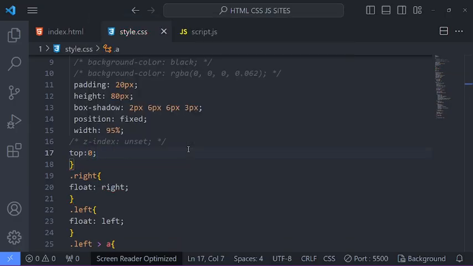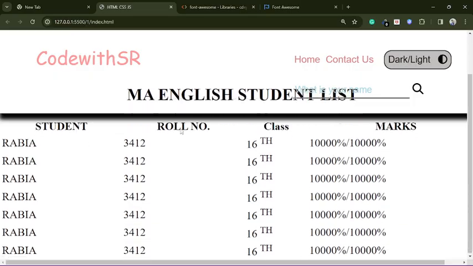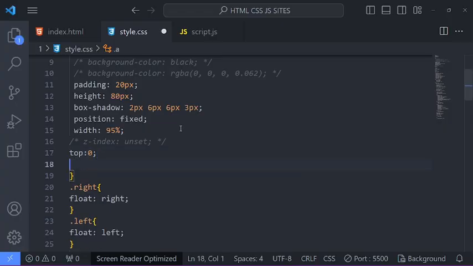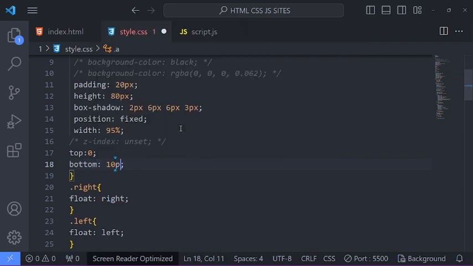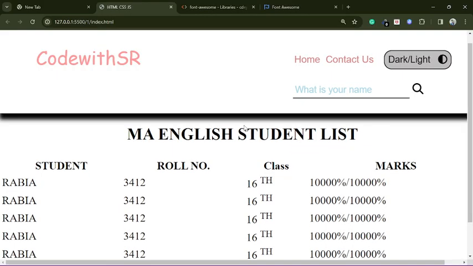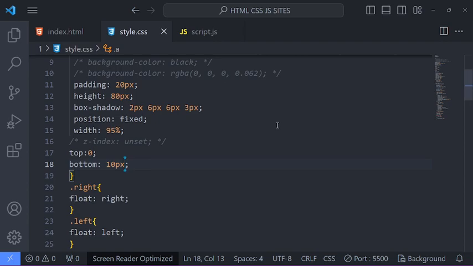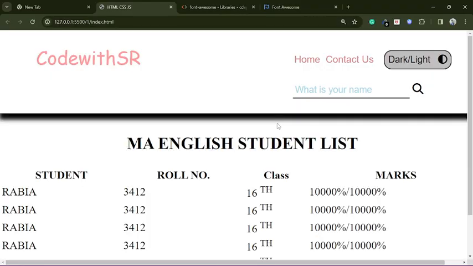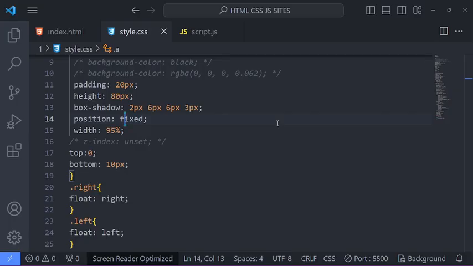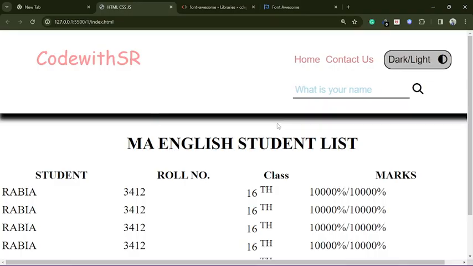Top will be 0 like this, and bottom will be like 10 pixels. With that, if we don't like this, okay, and if we have to write here the absolute,